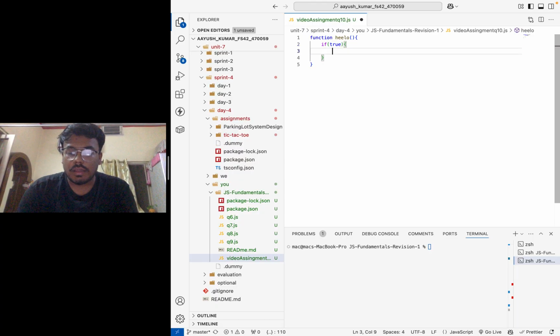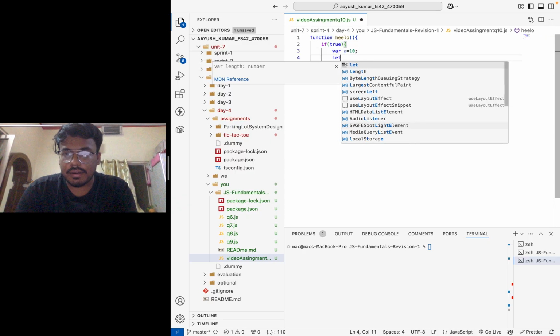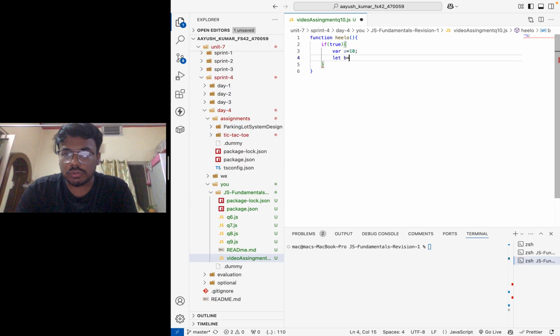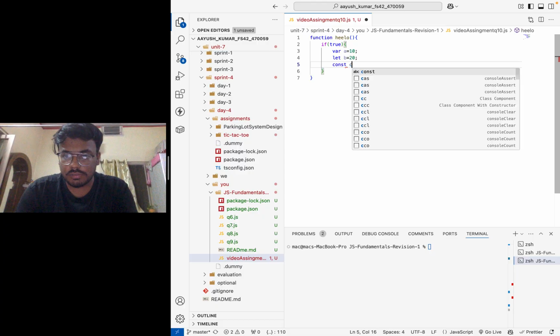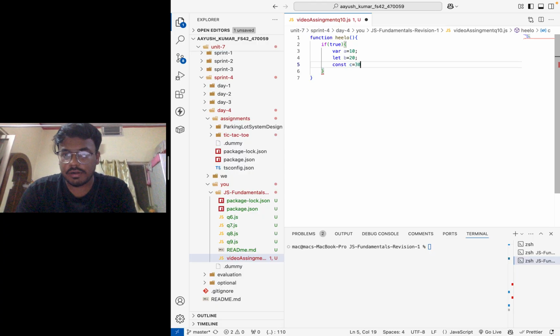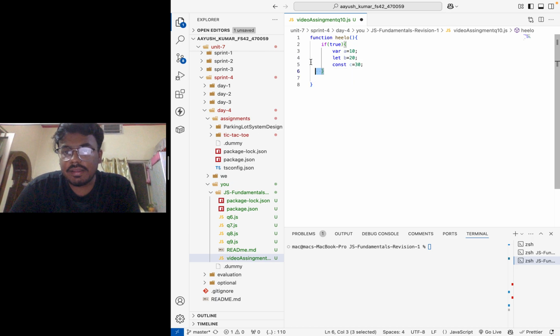Let me use all three types: var a is equal to 10, let b is equal to 20, sorry, const c is equal to 30. Basically this is the block scope, and this is the function scope, okay, clear.